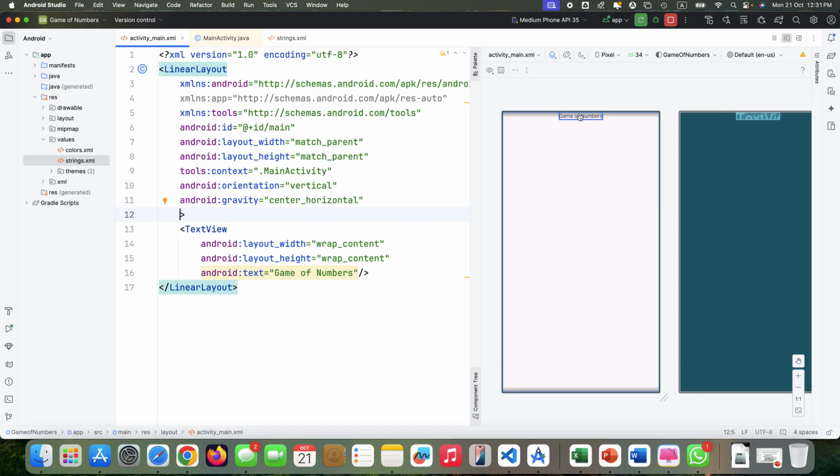When I say padding, look, when I come down here, it highlighted a different part. When I am in the linear layout, it highlights the whole screen, the blue rectangle. It is representing the whole screen. Why? Because we are saying that the width is match parent and height is match parent. If I say wrap content, look,